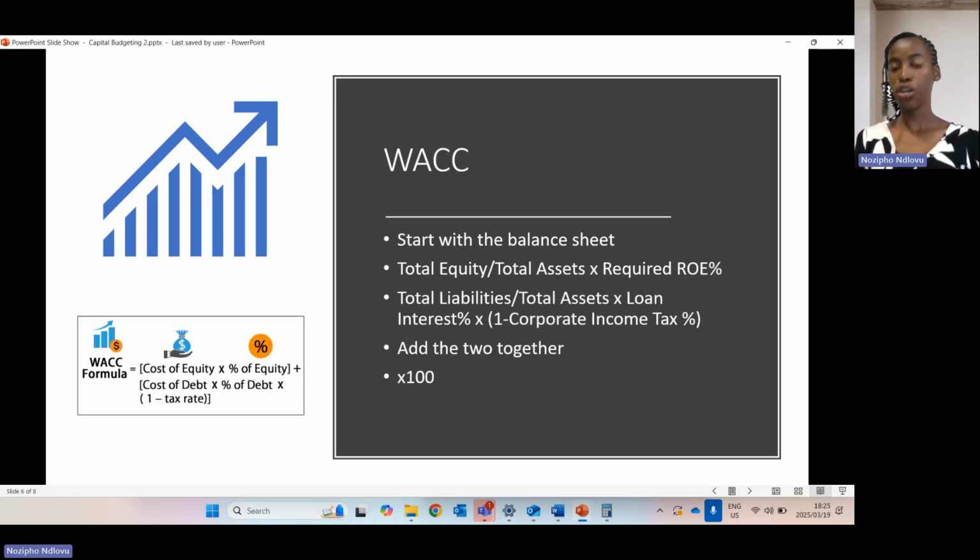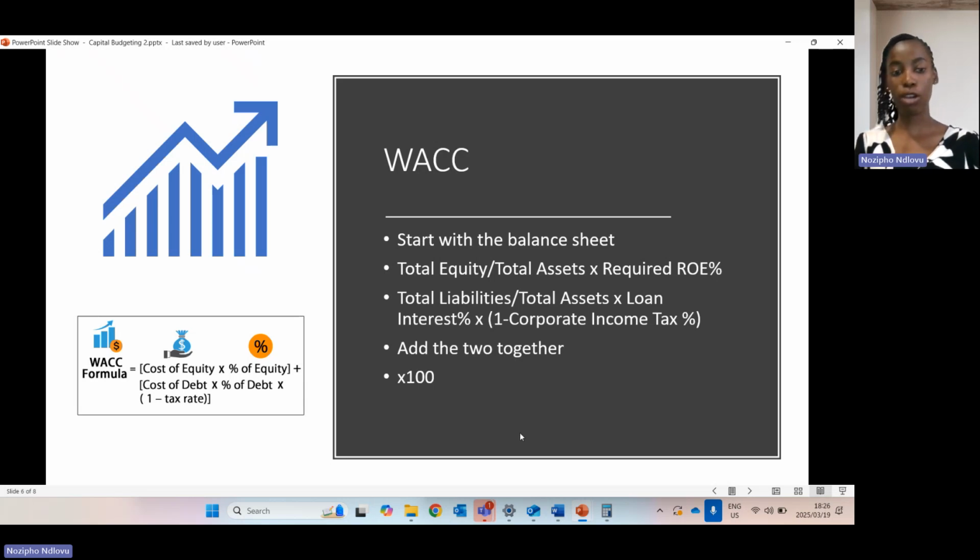Let's just make an example. You want to borrow money from ABSA, and that particular bank says it will charge you 10% on this debt. That is the cost of debt. Same thing with the cost of equity. If you are starting a business and you want to invest certain things, there is an opportunity cost associated with you investing in that business. You could have easily decided to use that money for something else. So what is the cost of you investing in your business?